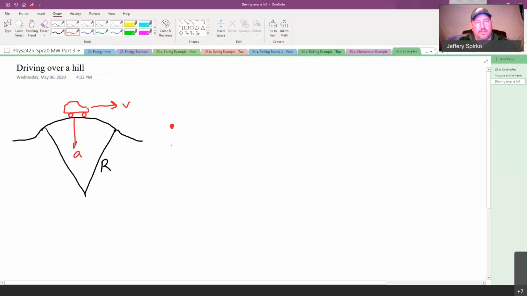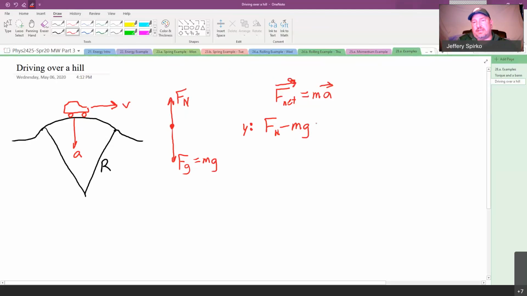the car, the force of gravity, which our book calls the weight, W. I always call it F sub g. It's also equal to mg. And then we're also going to have the normal force. So when we set up Newton's second law, F net is equal to ma, vectors, we say that we're doing y components, and we get F normal minus mg is equal to